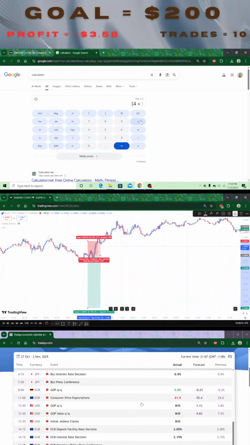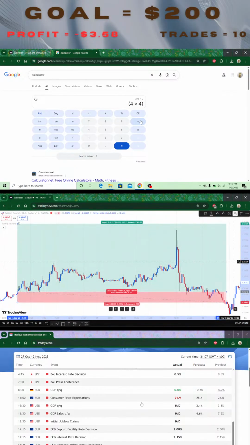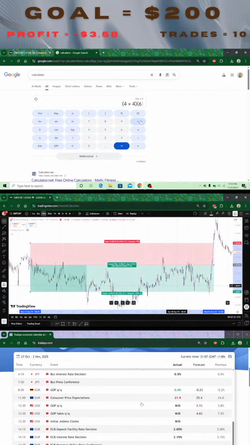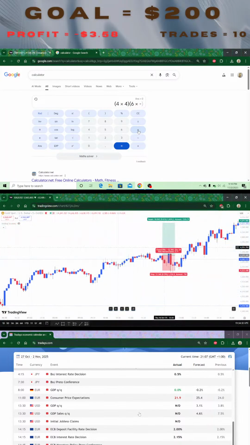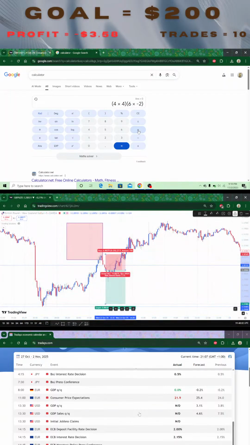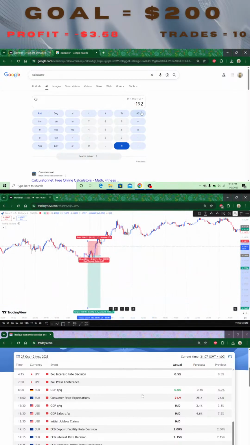Then times 4, positive 4, close bracket, open another bracket, then 6 lost trades, times negative. Each losing trade was a $2 loss, close bracket. So these were the trades we were placing all through, and it's going to give us